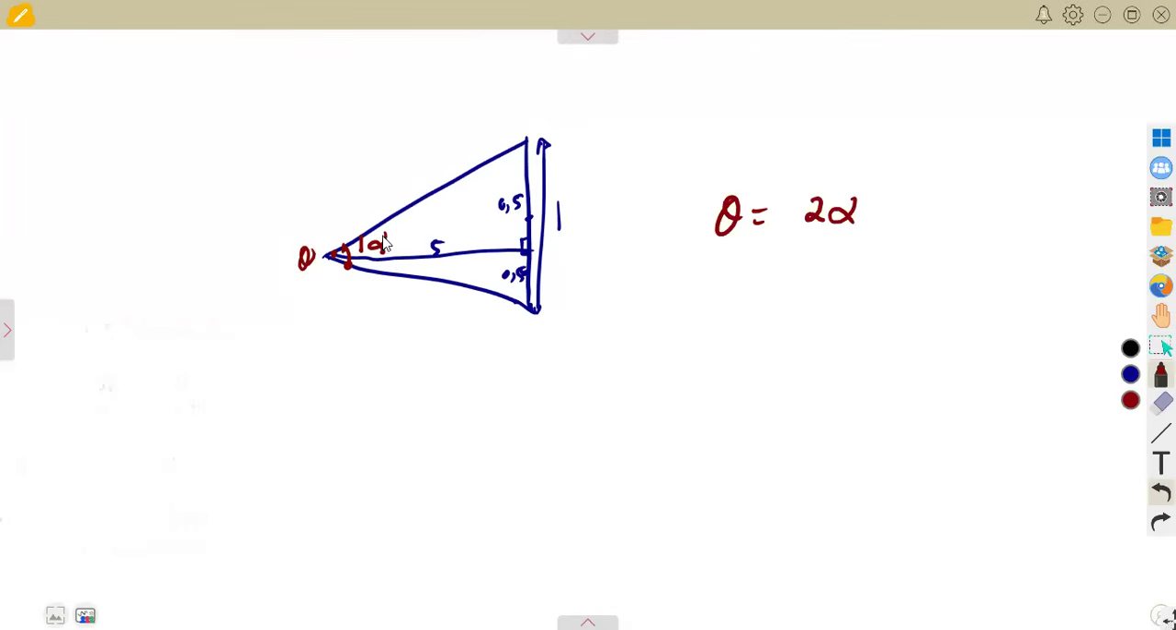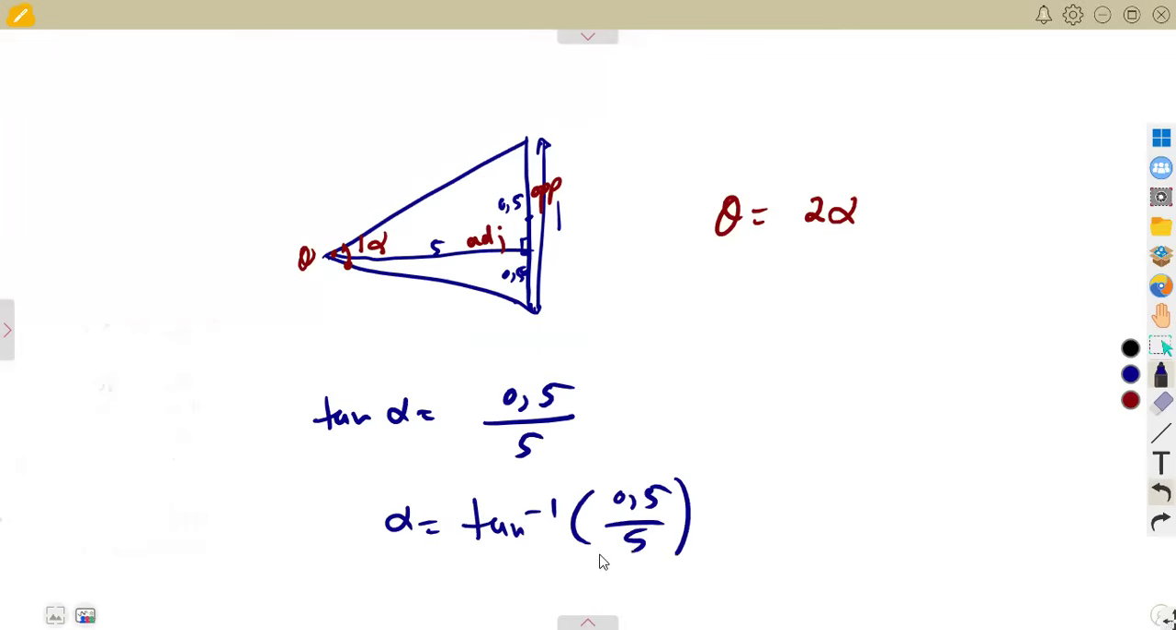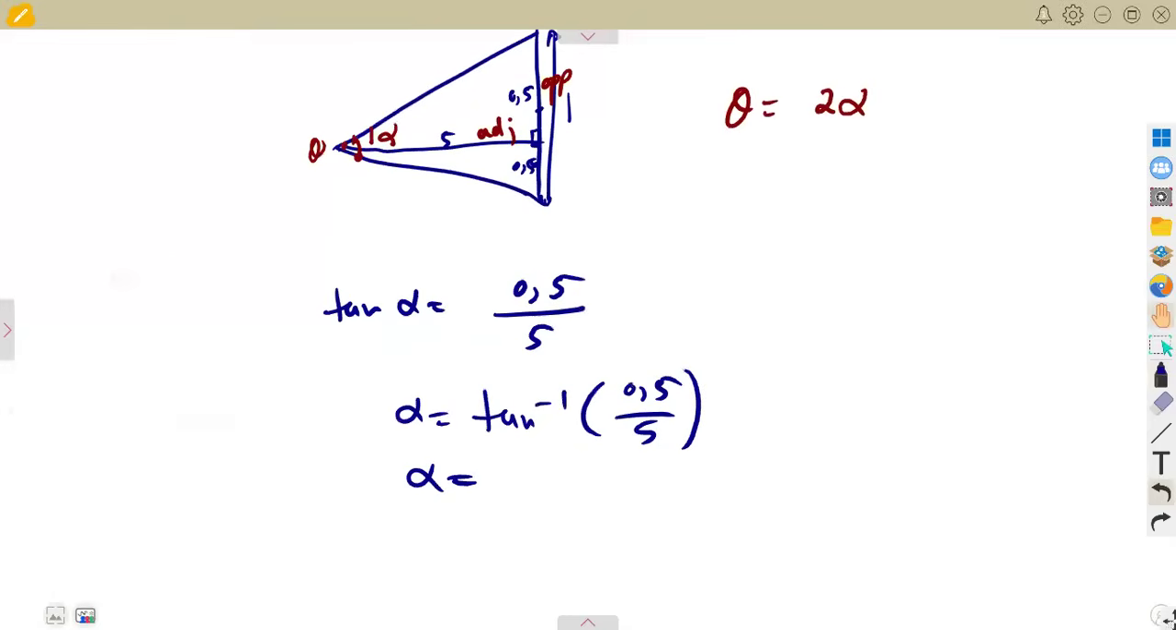So that means I have to calculate alpha from a right angle triangle. This is our opposite, and this is adjacent. So we need a ratio that consists of the opposite and adjacent at the same time, which is the ratio of a tan. The tan of alpha is opposite 0.5 over the adjacent, which is 5. So that means alpha is going to be arctan 0.5 over 5. That is going to give us alpha, something like